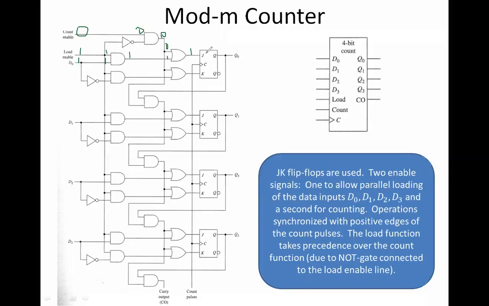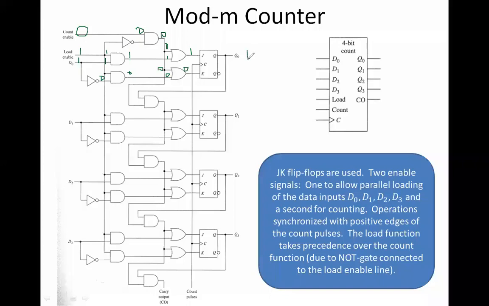So this is how your load operation happens, and this value will actually come in here. Say 1, then this is 0, so anything here is 0. So here also I will have a 0, and this value is actually connected to this AND gate, so this is also a 0. So 0 plus 0 is 0, and K is getting 0, and J is getting 1. So what is my final value? My Q0 will be